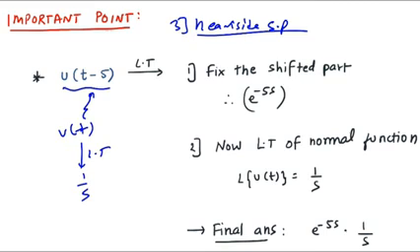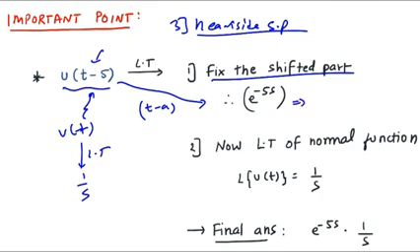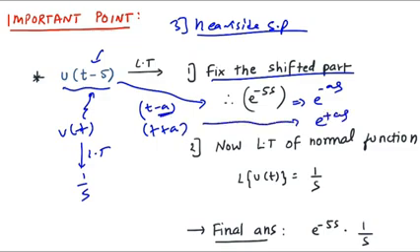It simply says that first you have to fix this bracket, this shifting part. So if t is shifted, fix this shifting part. Then you can see there are two examples. Let's say t minus a is there, right? So t minus a, then the shifting would be e raised to minus as. Here the value of a was 5, so you are getting the answer as e raised to minus 5s. What if the time was shifted to t plus a? In that case the answer was e raised to plus as. Okay, so whatever is the part here, just raise that to the power of e. So if it is t minus a, then the power of e would be e raised to minus as, and if it is t plus a, the power of e would be e raised to plus as, right?